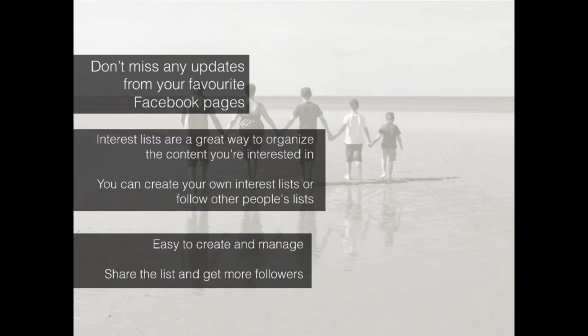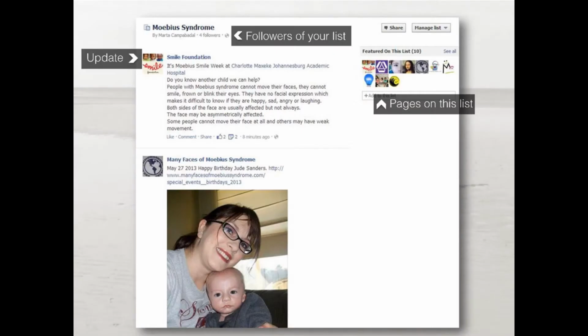So the best way to avoid that is to create lists for different topics: your rare disease, orphan drugs, clinical trials, national alliances. And you can also share the list with the members of your organizations. They can subscribe to this list, and they can get the updates. With just one click, you see all the updates related to your rare disease. We created 70 Facebook lists for the 70 communities.